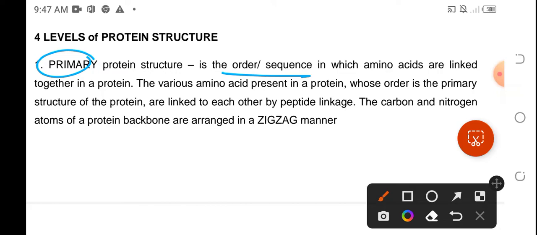So, if we talk about the order and sequence, dapat tama yung pagkaka-order nila. Otherwise, this will entail a different protein na kapag maiiba na yung sequencing. So, say for example, if the protein structure has a peptide of